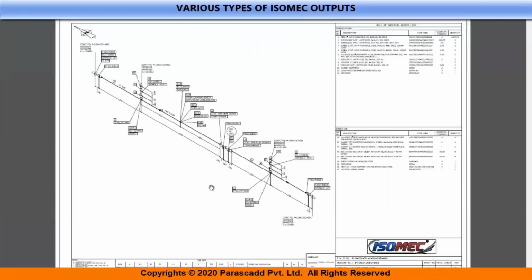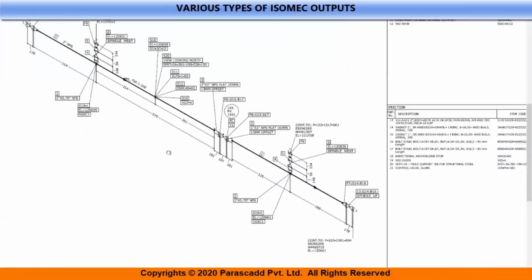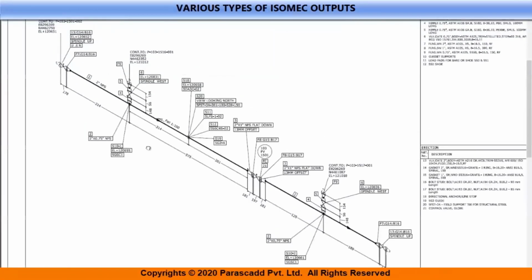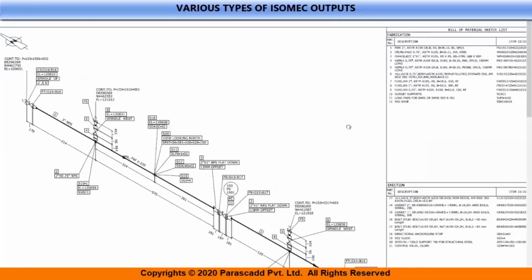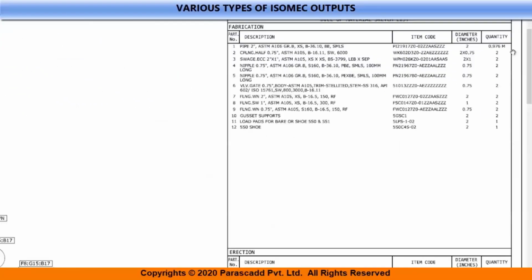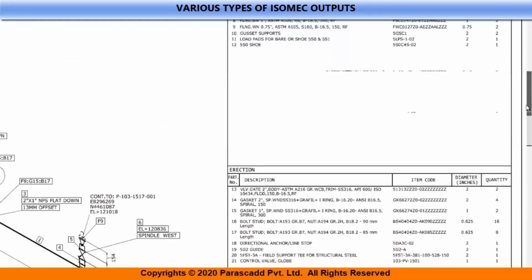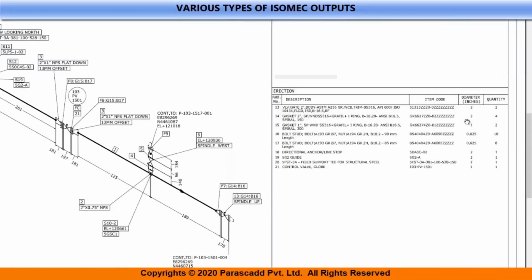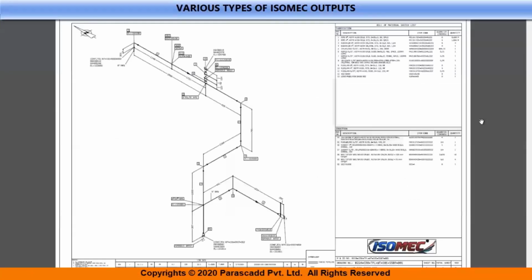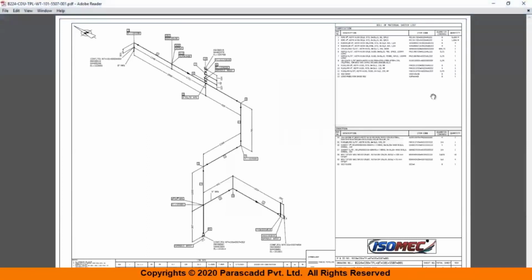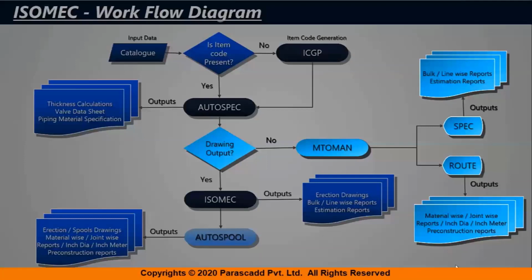And even you can see, you can scroll in, zoom in, and you can see the overall dimension and the partial dimensions break. A very detailed bill of material, a very detailed erection bill of material. With the north orientation available for you. So Isomech, that is your isometric drawing with the bill of material.